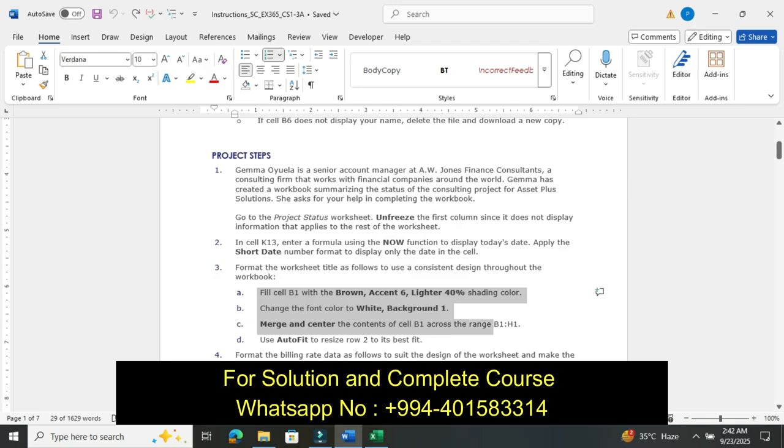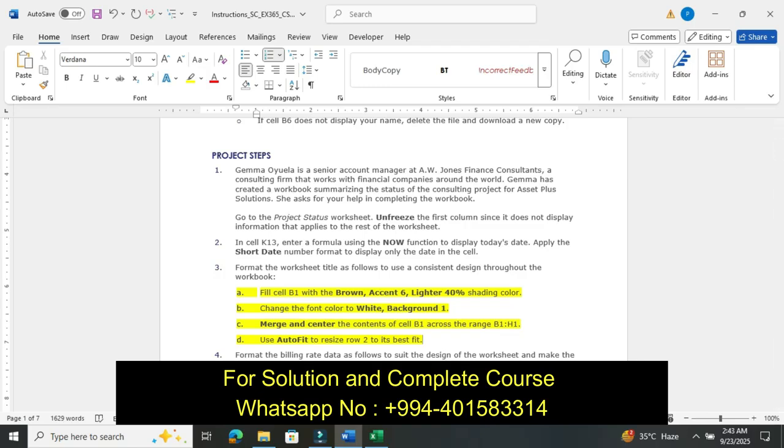Now we move to step number 3. First we highlighted the step. Format the worksheet title to use a consistent design throughout the workbook.